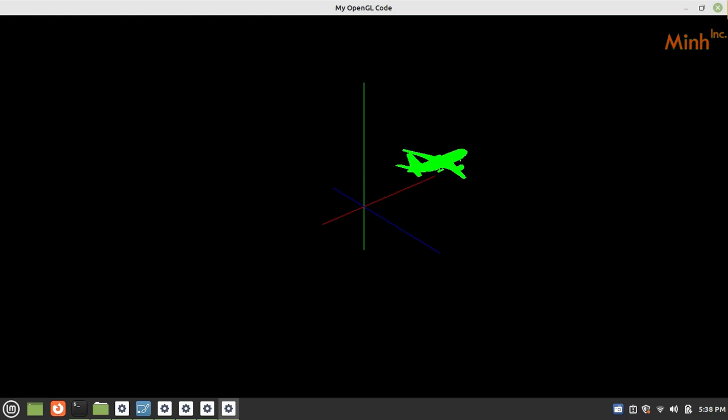Now I can again rotate. So it is going on to take off, and okay, so it is on runway. So we'll rotate again. So it is ready to take off and it is on XZ plane, this aeroplane, because we have not shifted